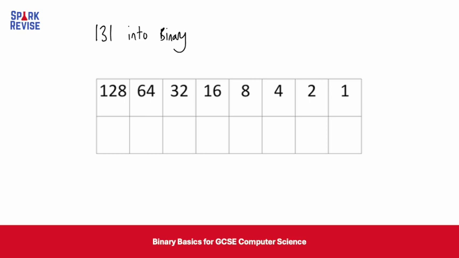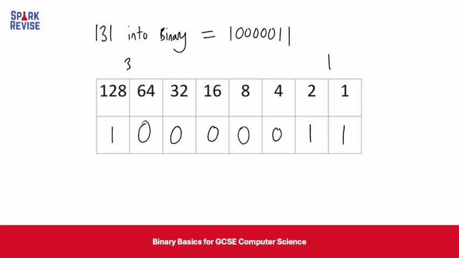So, does 128 divide into 131? Yes. We're going to pop a 1. What's the remainder? There is 3 remaining. Does 64 go into 3? No. Does 32 go into 3? No. 16 into 3? No. Does 8 go into 3? No. Does 4 go into 3? No. Does 2 go into 3? Yes. What's the remainder of 2 and 3? 1. Does 1 go into 1? Yes. So, that equals 1, 0, 0, 0, 0, 0, 1, 1. And there is your answer. So you've now done 2